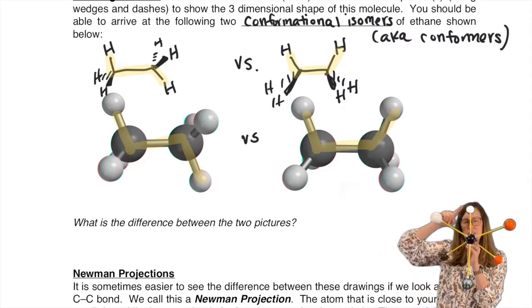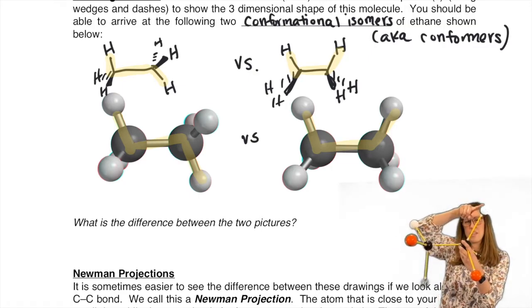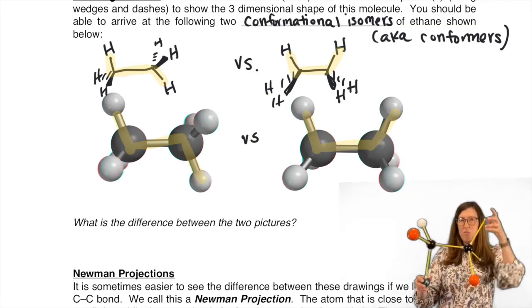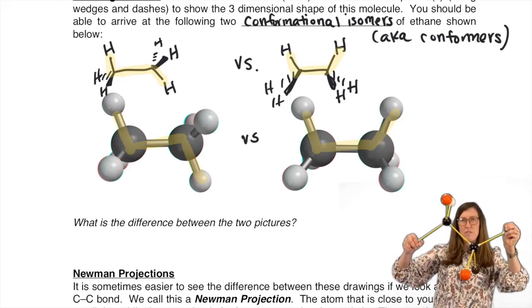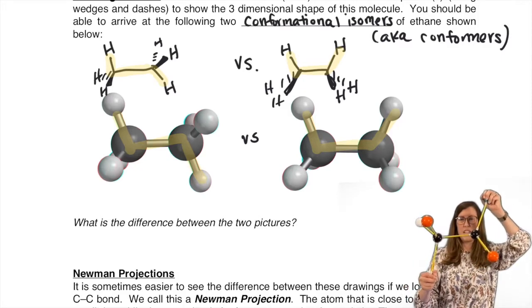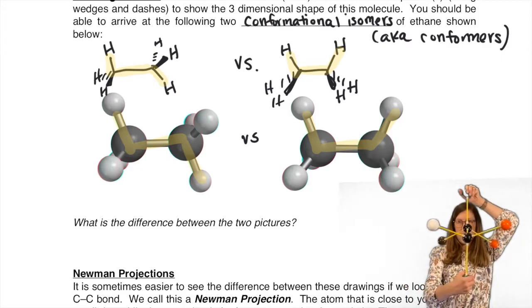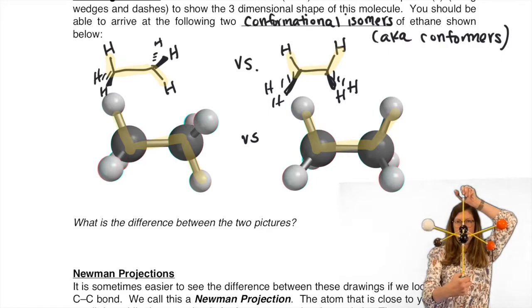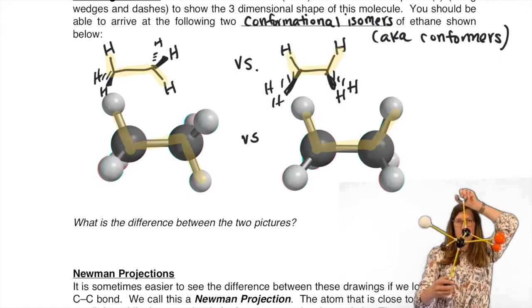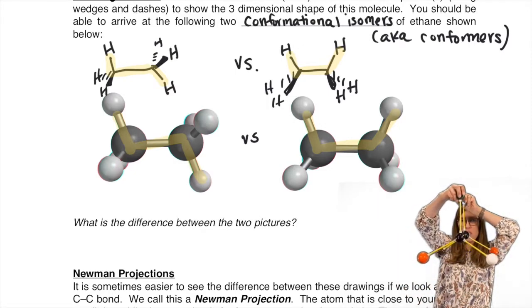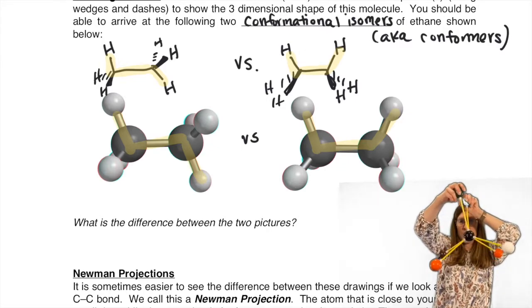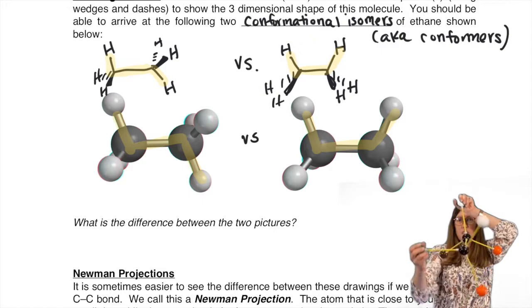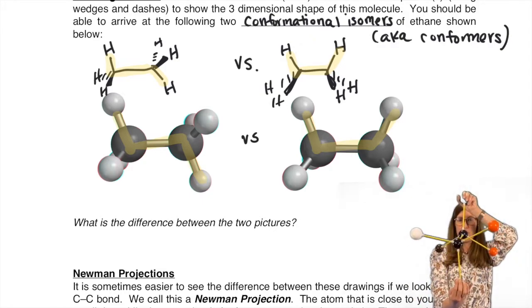But we could see that if I let the green ones be the hydrogens that are in the plane, when they're on opposite sides, like that zigzag style, see that planar framework zigzag, and I rotate it here to look at it, and then I rotate it down so I'm looking down a bond, so are you, we could see that they're on opposite sides. But if we rotate to bring them onto the same side, everything's lined up. They're aligned. We call that eclipsed. When they're not lined up, we call that staggered.